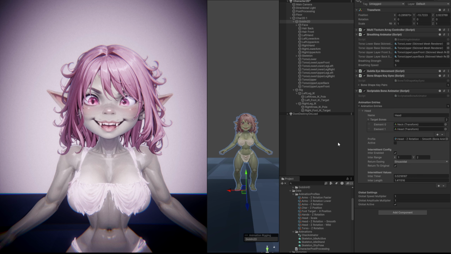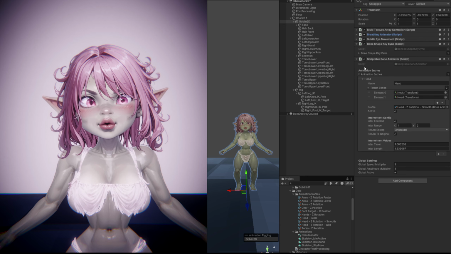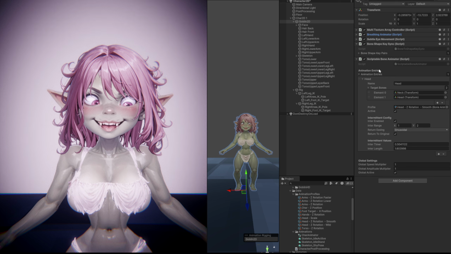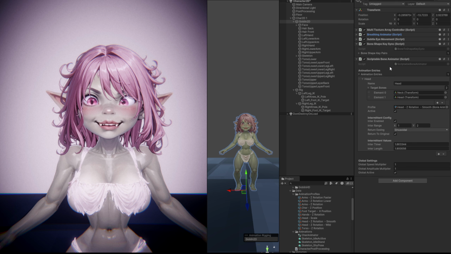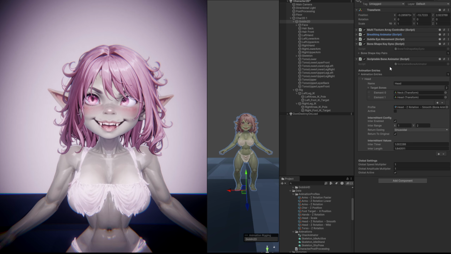Alright, so we've got a body and some animation stuff. So I've made this bone animator, which kind of works. It's still got a few bugs. It's got lots of bugs,